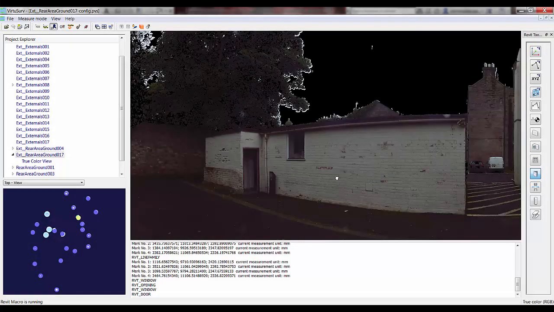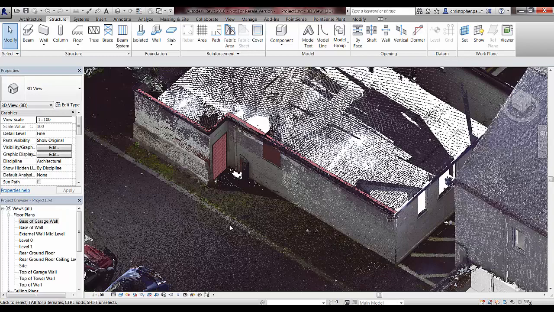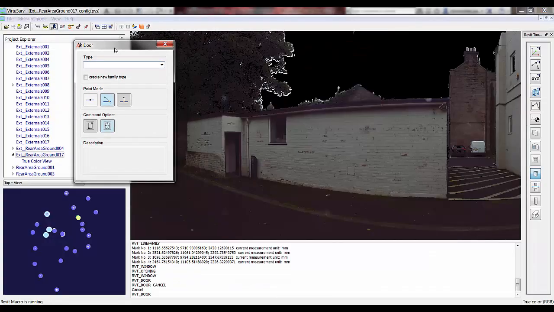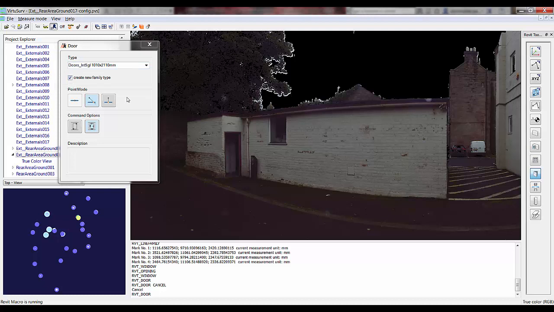So moving on to inserting windows, doors and openings now. We've gone back to the garage area that we inserted the wall in previously in Revit and VirtuSurv, and I'm just going to go and look at the door tool. So from our type selection we can just select any single door. I'm not really too concerned about the size. If we want to insert a bespoke size element, we do need to take this create new family type icon,